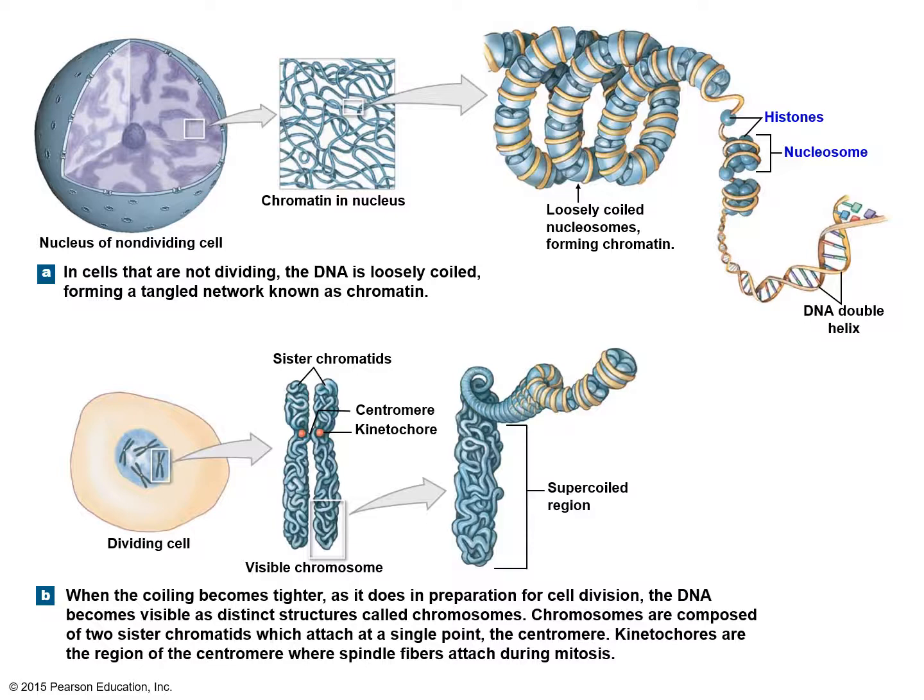This figure shows the beads on the string or the nucleosome model. Now, what happens when the cell is not dividing? The genetic material stays in the form of chromatin, which is a long, thin, thread-like structure. When the cell is undergoing cell division, right before it enters the cell division stage, the chromatin material condenses to form shorter, thicker structures. At that time, we call it the chromosome. If you look at this figure, it's also a multi-panel figure. The top right part shows the nucleosome model. There are 8 histone proteins which look like beads, and the DNA, which is a string-like structure, is coiled around these histone proteins.